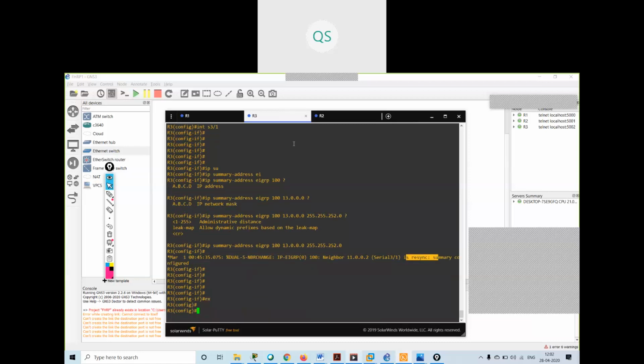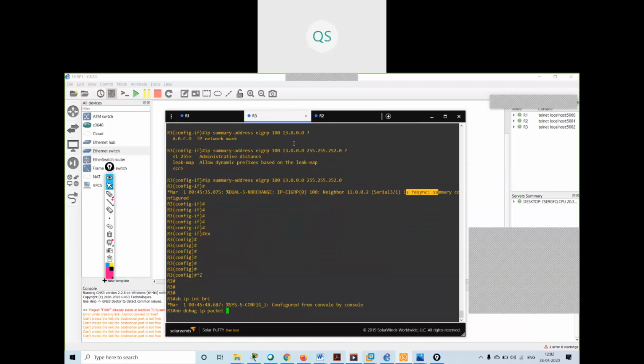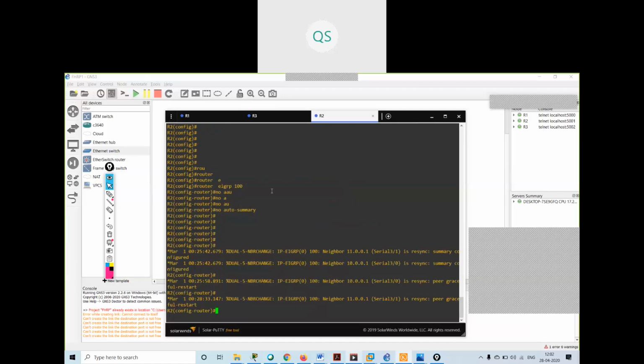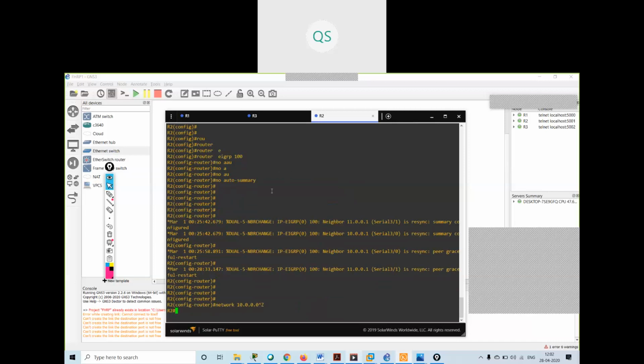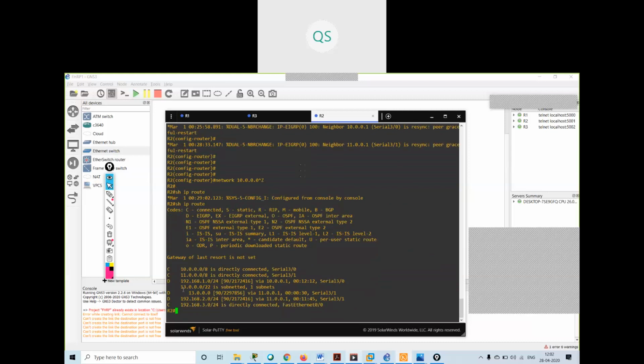Now when I go and check over here, show IP route. See, I'm getting a summary address 13.0.0.0/22.